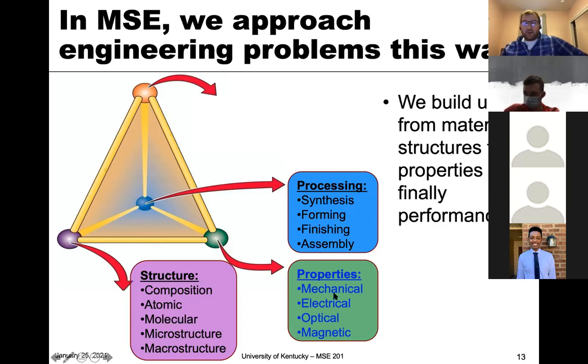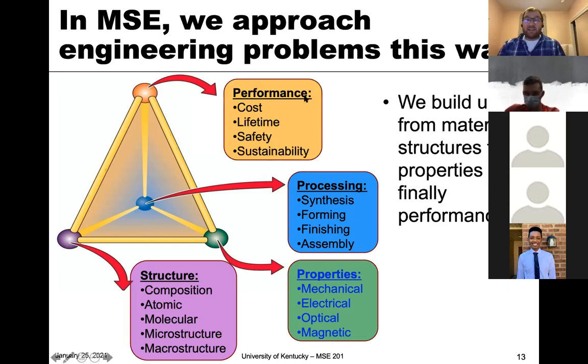So, you know, whether a mug shatters or bends or gets bent, those are kind of the mechanical. Electrical, does it conduct electrons? Optical, can we see through it? Is it opaque? Things like that. Magnetic, you know, these are all examples of the properties, and it all kind of leads to this performance. So we try to break everything down into these types of processing, properties, structure, and performance, right? Because if we're trying to make something, then this is what we're after.